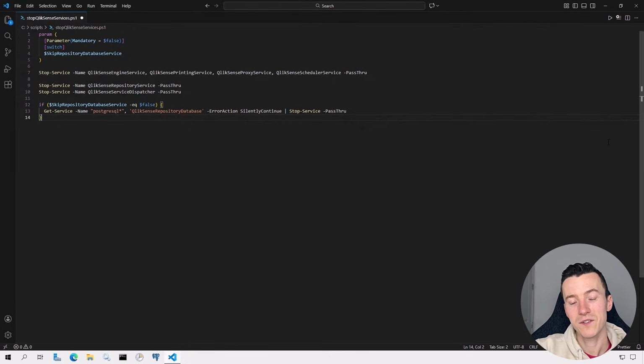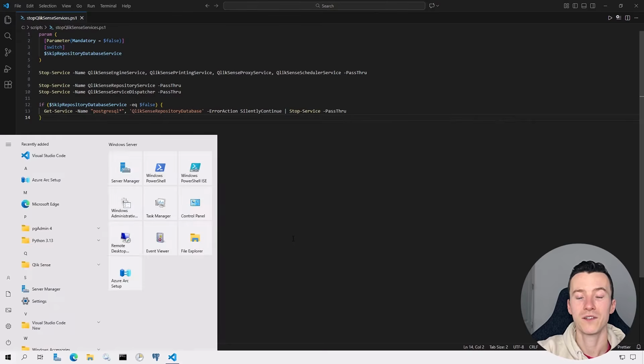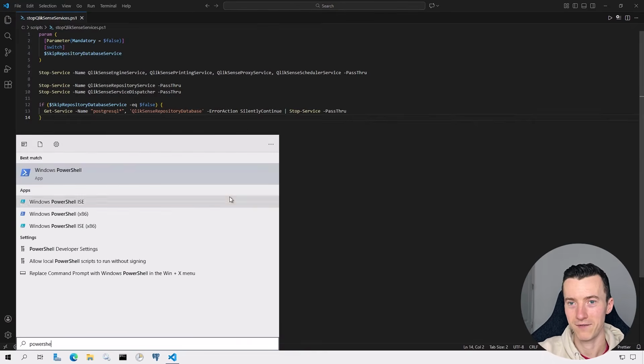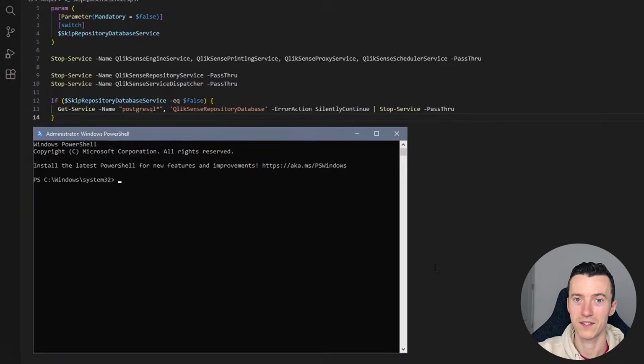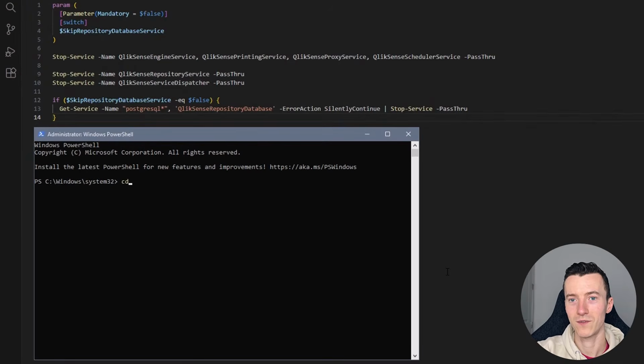I'll save the script and launch PowerShell as an admin. Remember, to stop a service, you'll need admin privileges. Then I'll navigate to the directory where the script is located. In my case, that's the C scripts folder. And just like yesterday, I'll type .\ and then the name of the script file. Unlike yesterday, we can now type